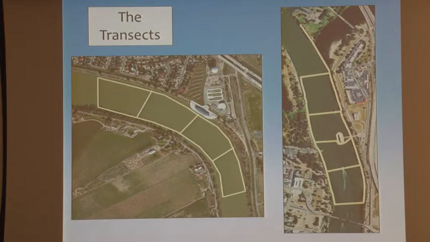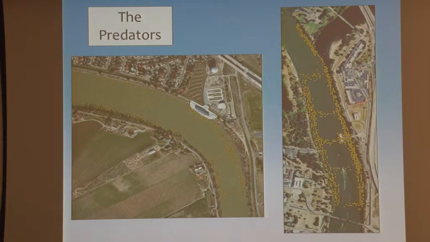So this shows a bit about how the transects were done around the Freeport diversion. This is where we would take the boat along here and scan along these lines, expecting most of the predators to be along the bank, so concentrating efforts there, but doing these cross-channel transects to look at the more open water areas. And this is the City of Sacramento diversion with intensive monitoring right around it and similar transects. And the little dots here are predator-sized fish that were observed there. There are a lot of fish in the river, which may explain why, this is the park here where the recreational anglers, or I guess they're subsistence anglers really, are fishing. I guess they figured something out some years ago.